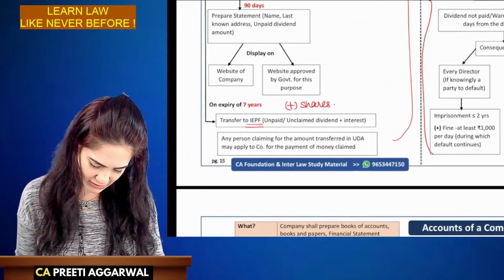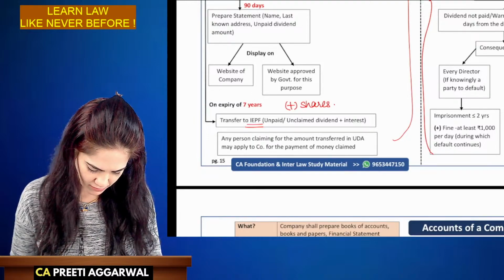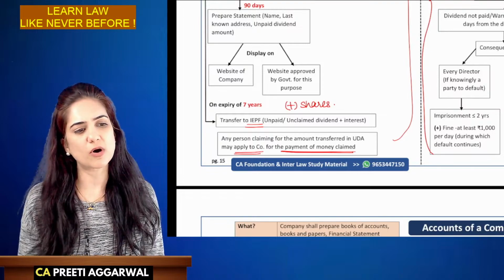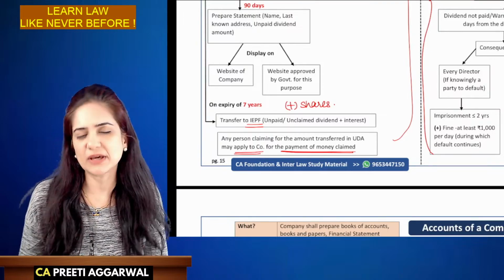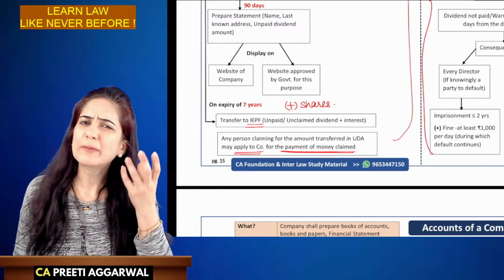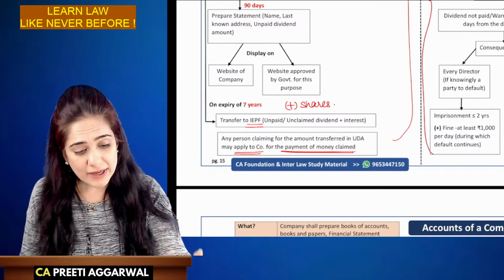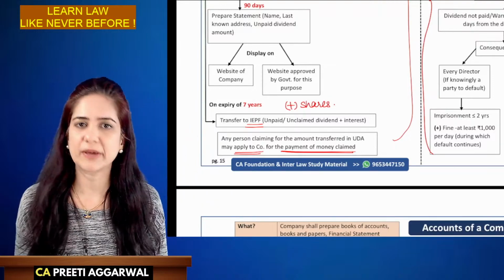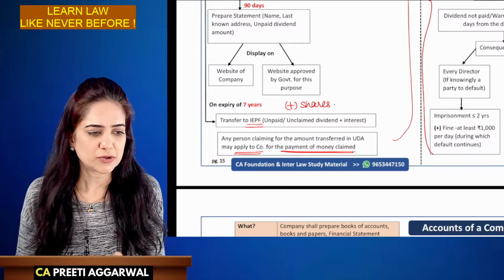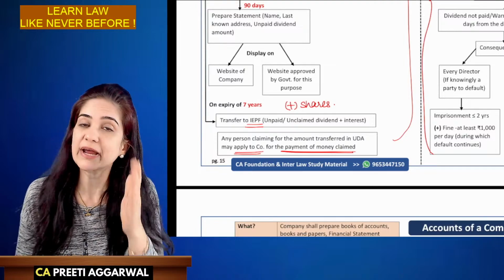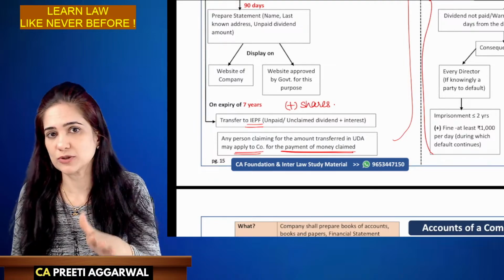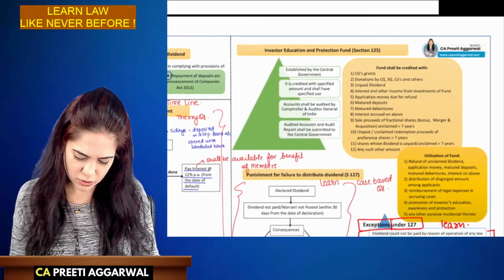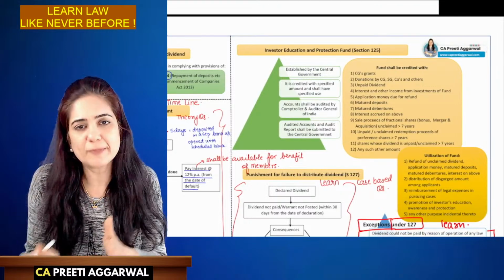A person claiming the amount may then apply to the company for the payment of dividend. So, even if it has gone to the IEPF, you can still, by simple paperwork, claim that amount of unpaid dividend, even if you come after 10 years. The company will pay it. You just have to perform a simple paperwork and you will even get back your shares. So don't worry that my shares are gone, my dividend is also gone. Nothing is gone. It is for you. It's just kept with the government.